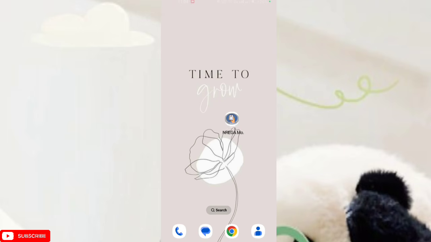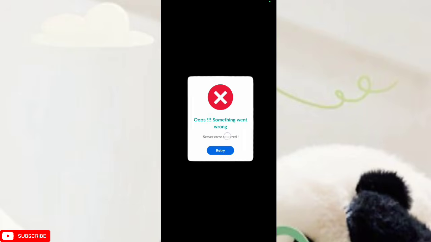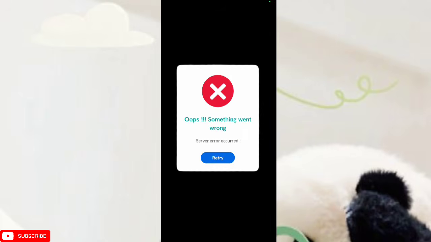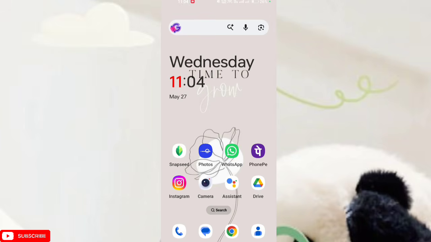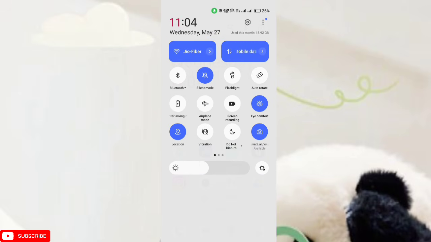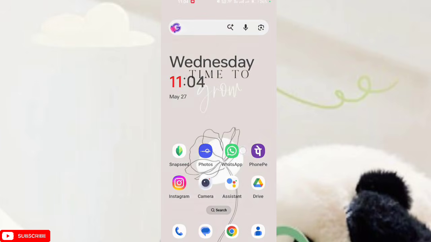Are you facing the "something went wrong, server error occurred" problem? Here's the solution. Firstly, put your mobile phone on airplane mode for a few seconds. After this,